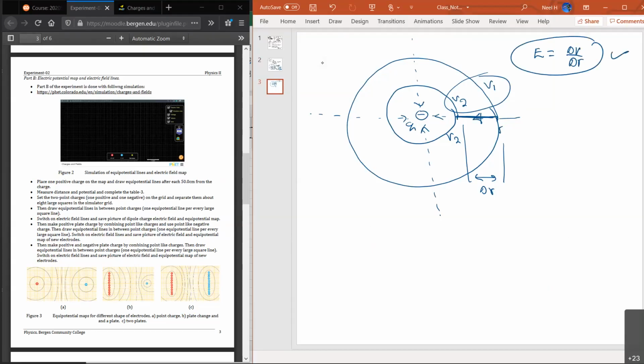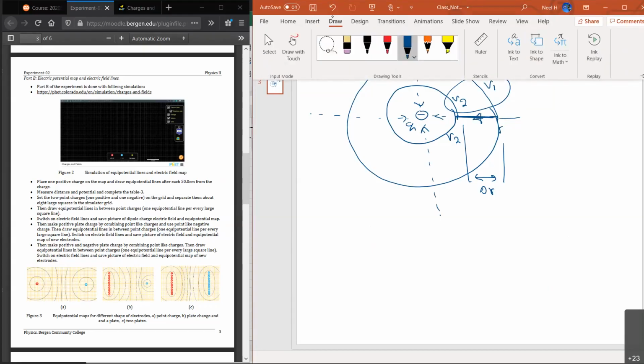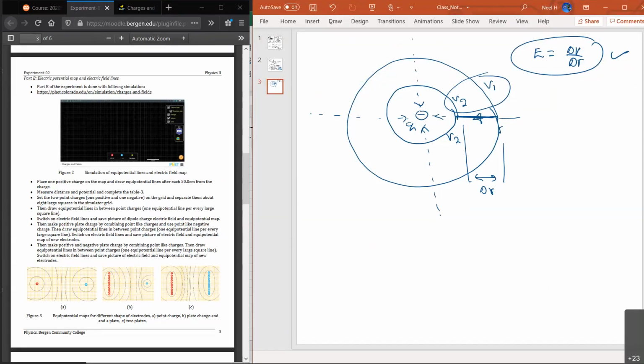Okay, good. Any questions? Now, why do we need this? If you're doing this experiment in class, you can't really see the electric field lines. The whole idea is that in the simulation, you will see them immediately. But if I do this in class, you can't see the actual electric field lines. What you can see directly is the measured potential values. If you're doing it in class, this is how we're going to do it.